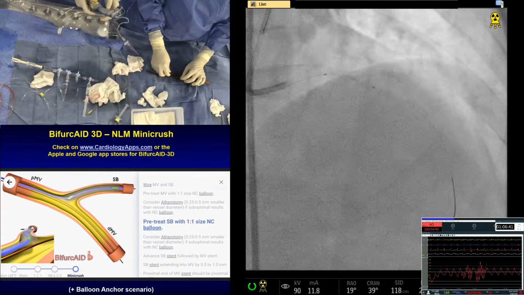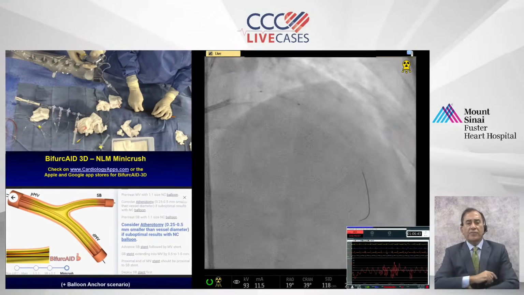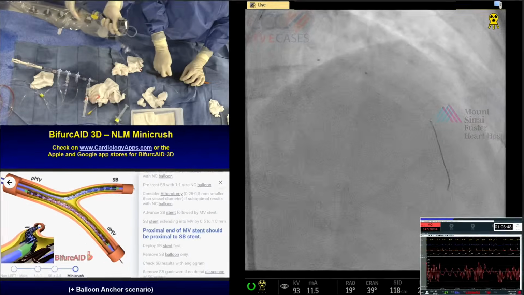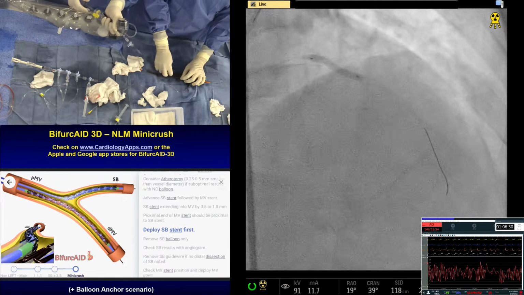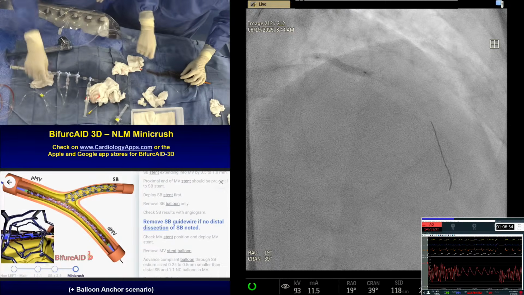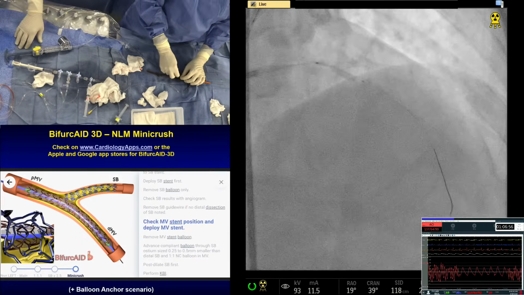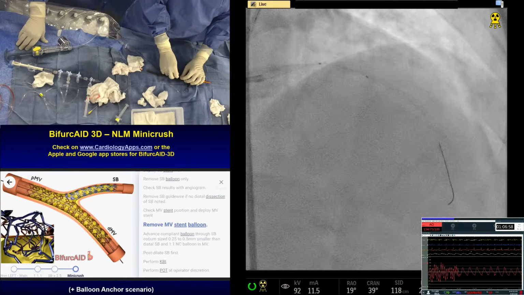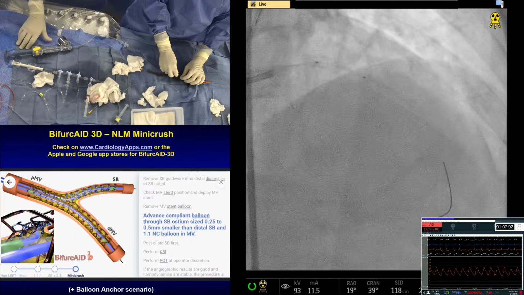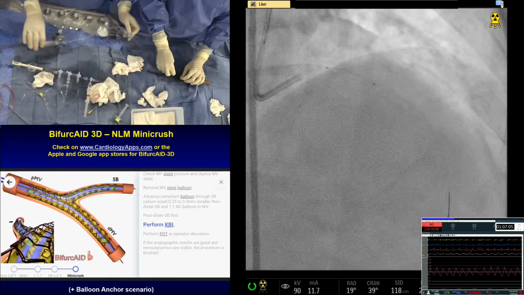Another question here has come: would you be performing a POT? Yeah, so I think that's good. I mean, we say non-left main, we don't need it. Here is a 3.0 vessel, 3.0 stent, and you are going to do a kissing. And since you are going to do kissing,